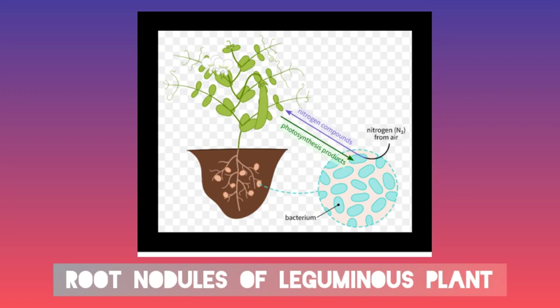Why? Because the plant cannot take the atmospheric nitrogen directly. That's why these root nodules having those nitrogen fixing bacteria help them to absorb the nitrogen compounds, which are nitrates and nitrites. These nitrogen compounds help to increase soil fertility and thereby the protein content of the pulses grown in that soil. This way, these nitrogen fixing bacteria which are present inside the root nodules are helpful.